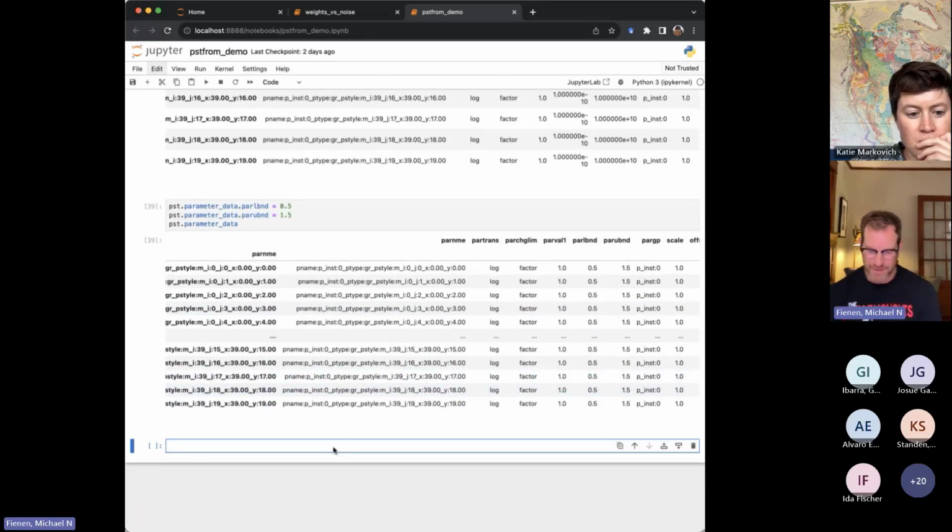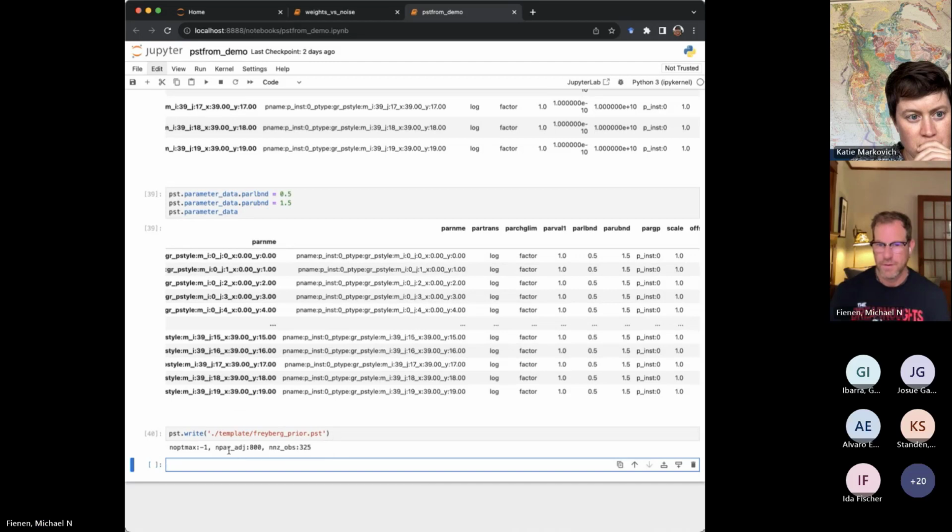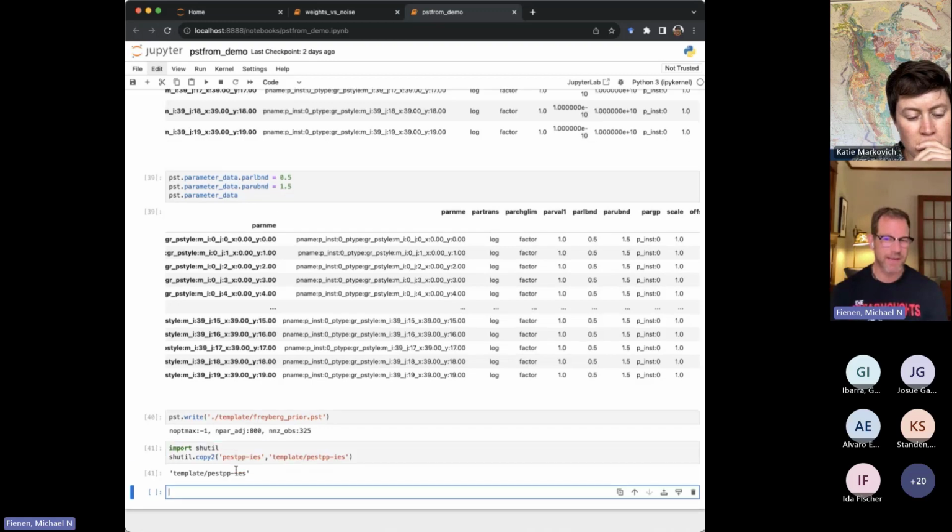And so if we just write this out to the template directory, and maybe we could call this Freiberg_fire.pst. It's now written out all of the files that we need to actually run this. And I'm having some path issues on my computer, so I'm just going to smack this and pretend it didn't happen. And then